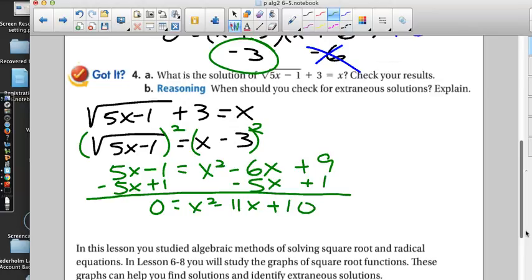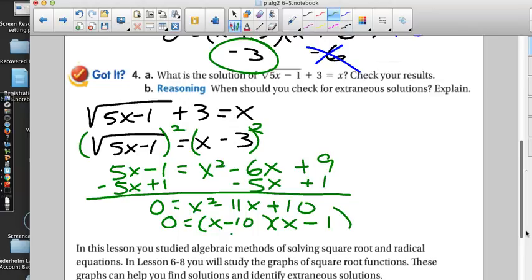You go through your list. Greatest common factor, something I could pull out of all? Nope. Perfect square trinomial? 10's not a perfect square. Well, good old-fashioned factoring. Can we come up with 2 numbers that multiply to 10 and add to -11? -10 and -1. So our answers would be